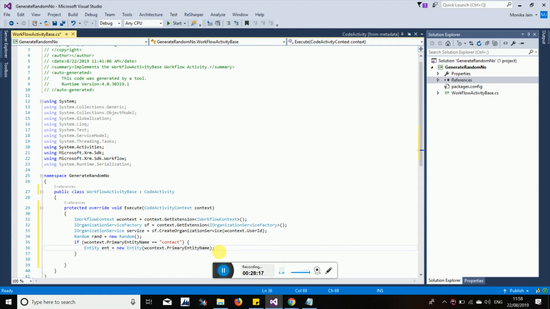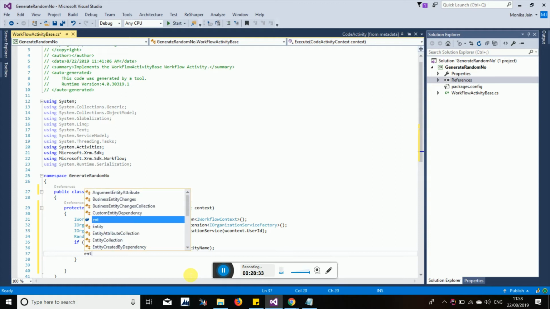So that type of entity we have created. We have created an entity record. This entity is basically a record. So we are creating an empty record variable.